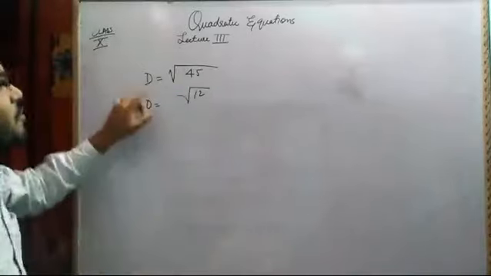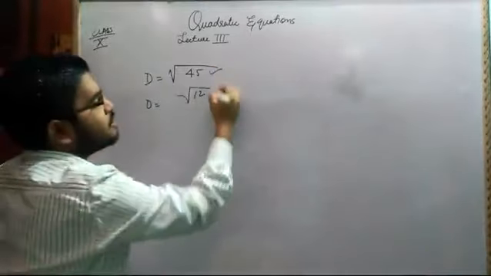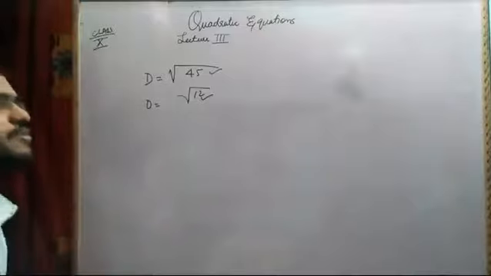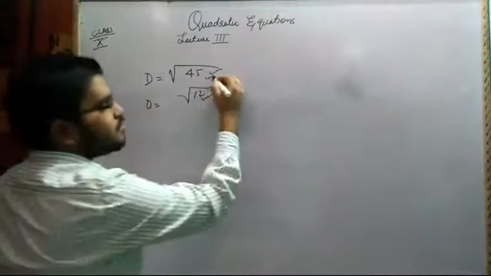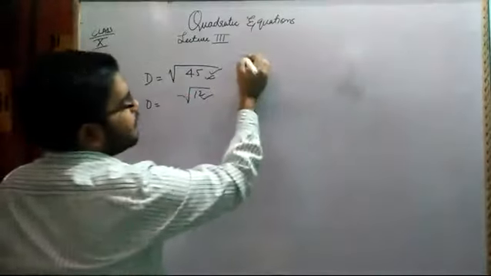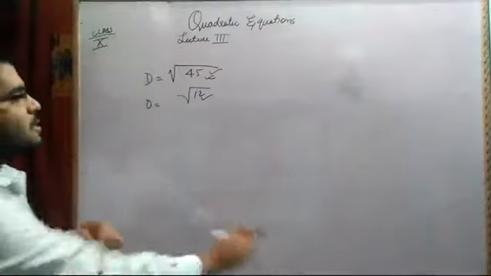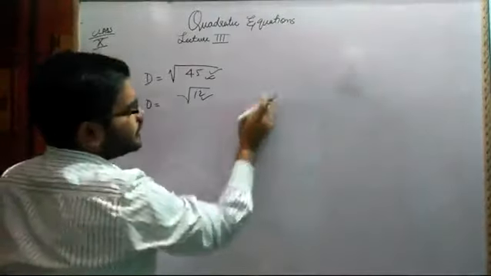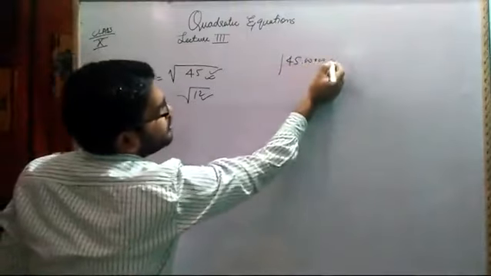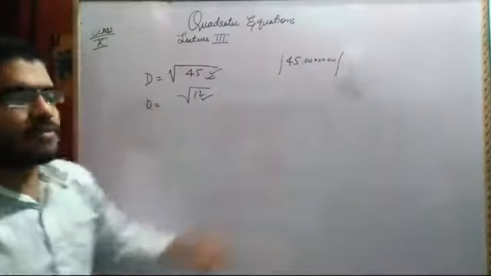Okay, when you solve, such a number will come in which, when you calculate the discriminant, it is equal to 45, or the discriminant is equal to 12, and so on. When these types of numbers come, you first have to find the square root of this. Now most of the students I have seen in the last 3 years, what they do is they start calculating the root of 45.